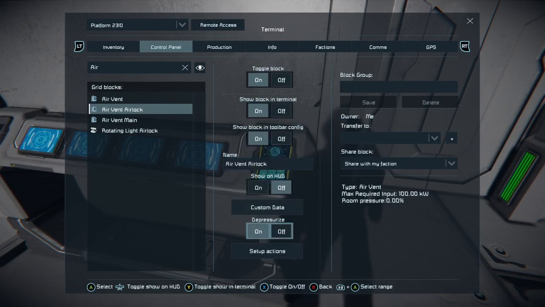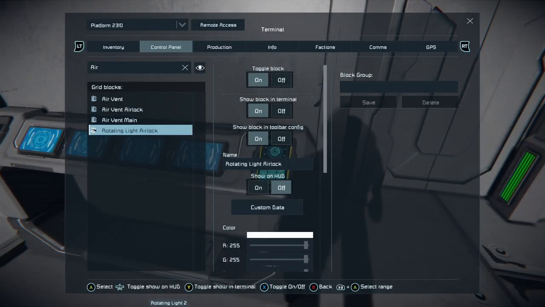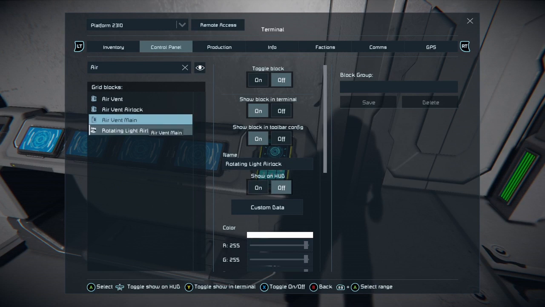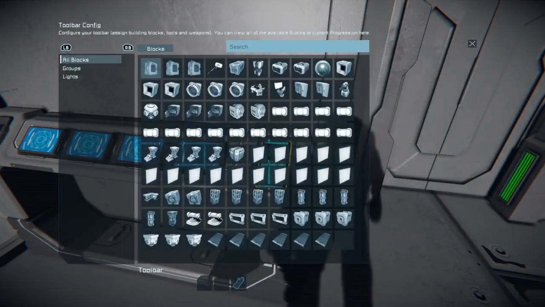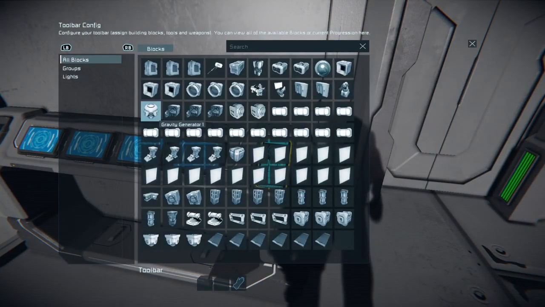Remember what I said? We want to change the rotating light airlock, turn it off, then go to our air vent airlock and set up an action so that our rotating light airlock, you'll see it in the list.